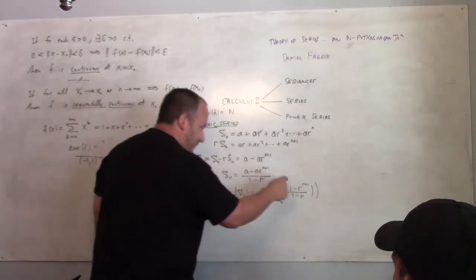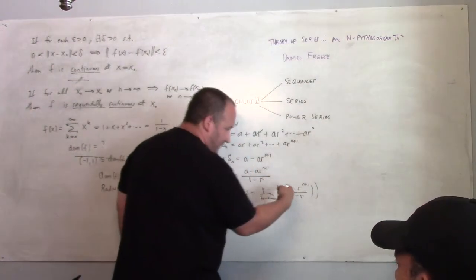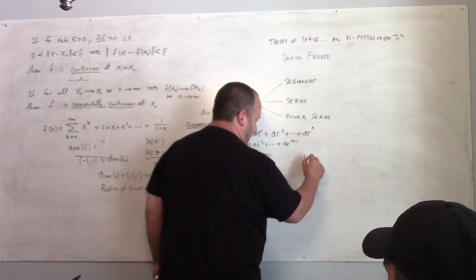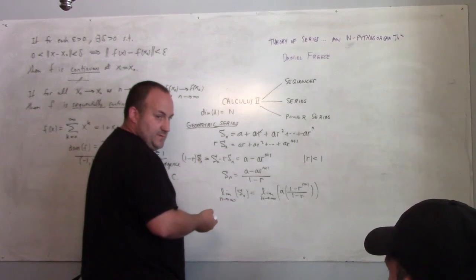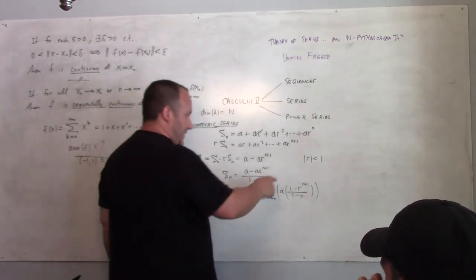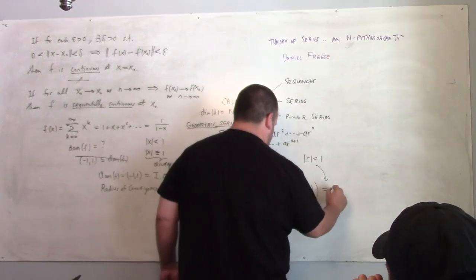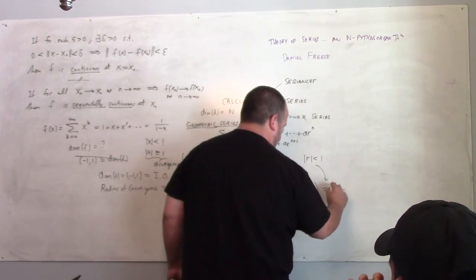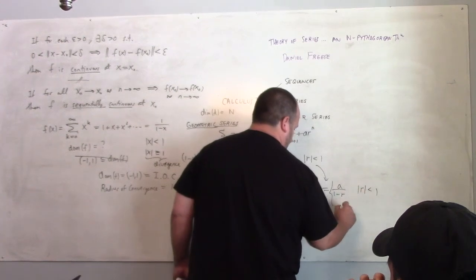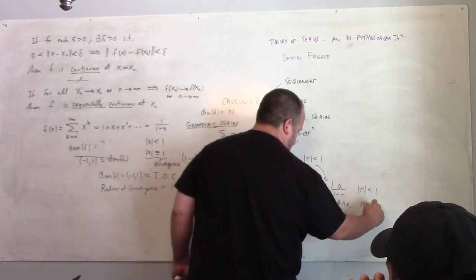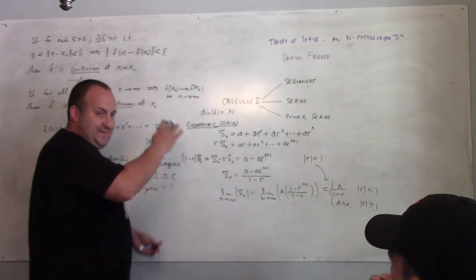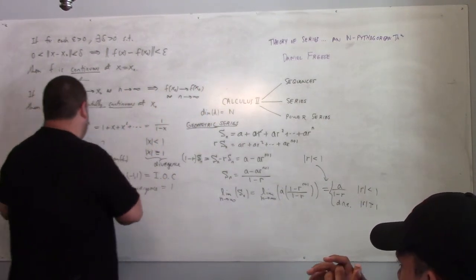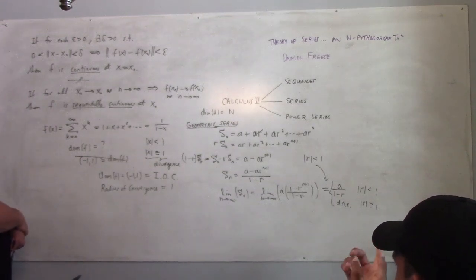When can this exist? Well, we need that the absolute value of r is less than 1 in order for this term to go to 0. And if that's the case, then this is equal to a over 1 minus r. It does not exist, it's divergent, if the absolute value of r is greater than or equal to 1, because then this either blows up to infinity or oscillates between plus and minus infinity. Okay, and so coming back over to this,